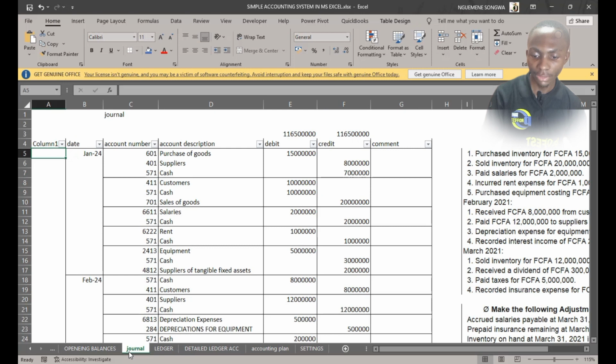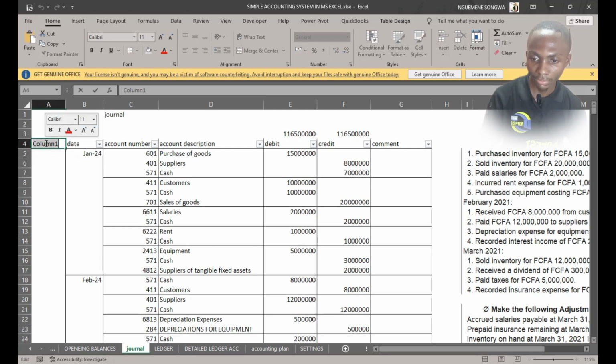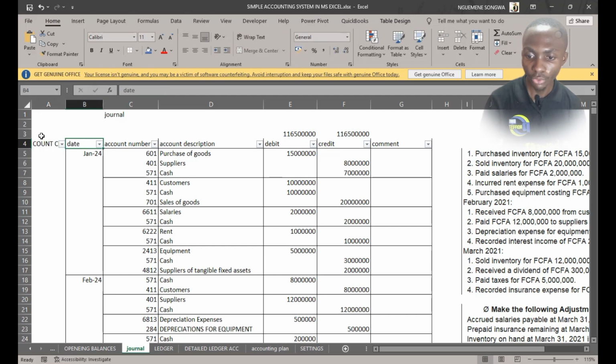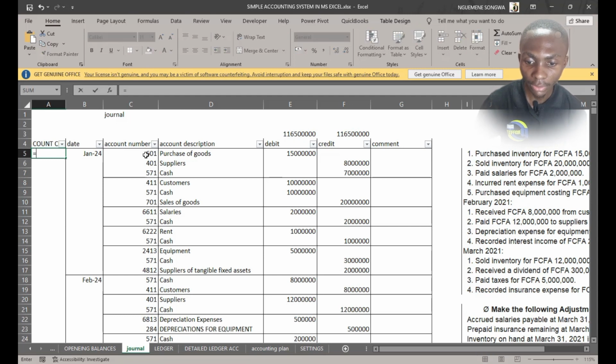As a result, I'll come in the journal. In this column, I'm just going to call this count column. So it will just help us to identify the transaction number. Like, yeah, this is transaction number 1 of 571, this transaction number 2, this is transaction number 3. So I want to get it automatically in here. So I will say equals to this account. So this account and count if